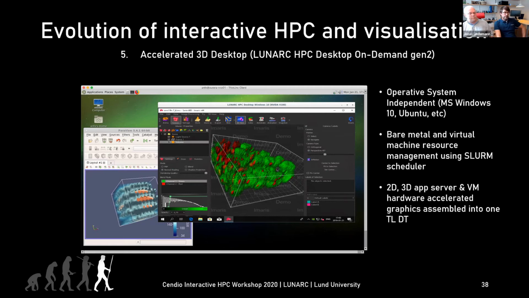And the top window is Windows 10 running Imaris, a bioimaging application for microscopy. Both apps are using accelerated graphics and are ingested into the 2D desktop. Now we're running Windows, but of course we can run any OS in the hypervisor.